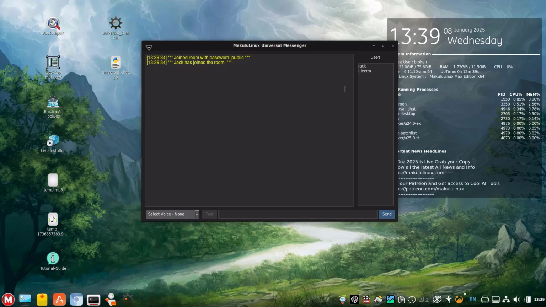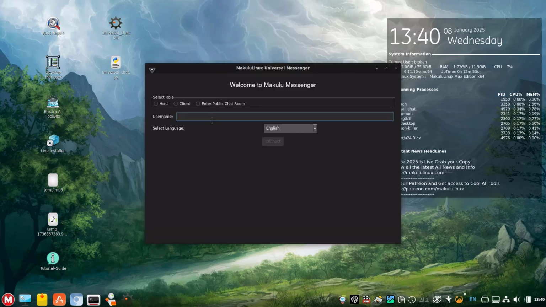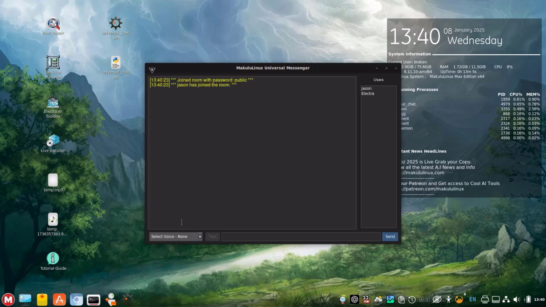And the nice thing is that because Jack entered now speaking English, all the English voices, EN, are available. If I entered with another language, for example, let's say Jason, and Jason is from China. Jason's from China, and he enters the room, then all the voices, as you can see, will be Chinese. And so if he types like to Electra and he says like, hello to Electra, even if he speaks in English,